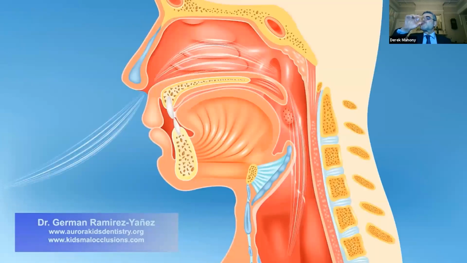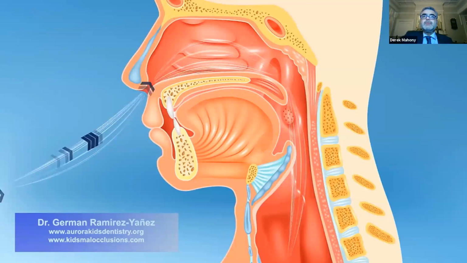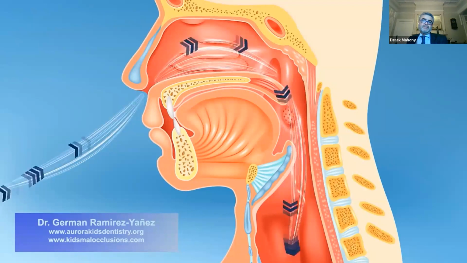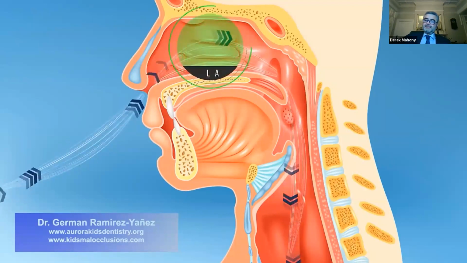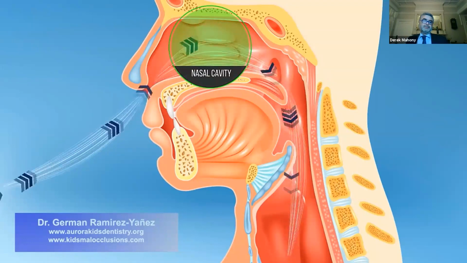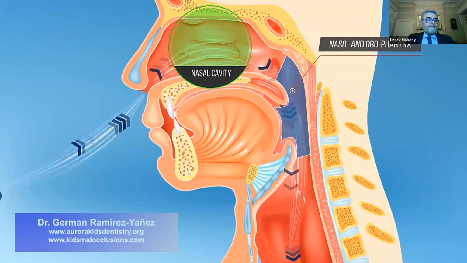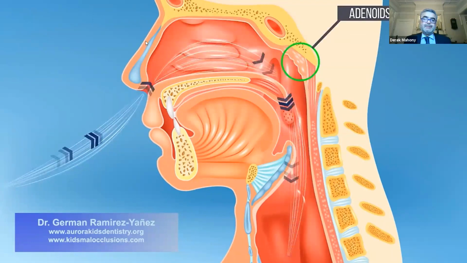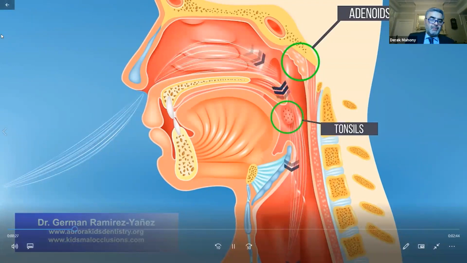The normal or physiological way of breathing is through your nose. Breathing through the nose permits purification of the air by the structures inside the nasal cavity. In that way, the air entering into your nasopharynx and oropharynx, your throat, is not going to heavily affect the lymphoid tissue in the adenoids and tonsils, which is the last barrier to catch harmful particles in the air before it reaches